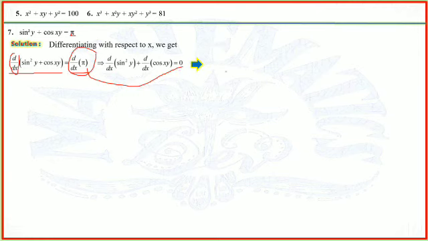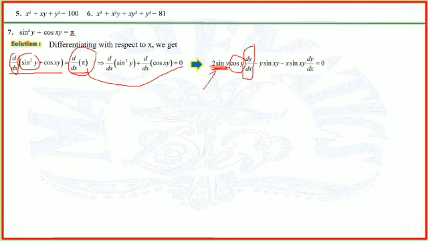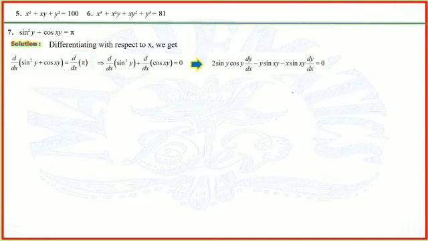So this implies differentiation of sine square y. As I told you, twice of sine y is the differentiation of the power, and then the differentiation of sine y is cos y, which is the differentiation of the base, and then dy upon dx is the differentiation of the angle. So the first step is this one, the second step is this one, and the third step is this one. These steps I have already explained in the beginning of the question. Then